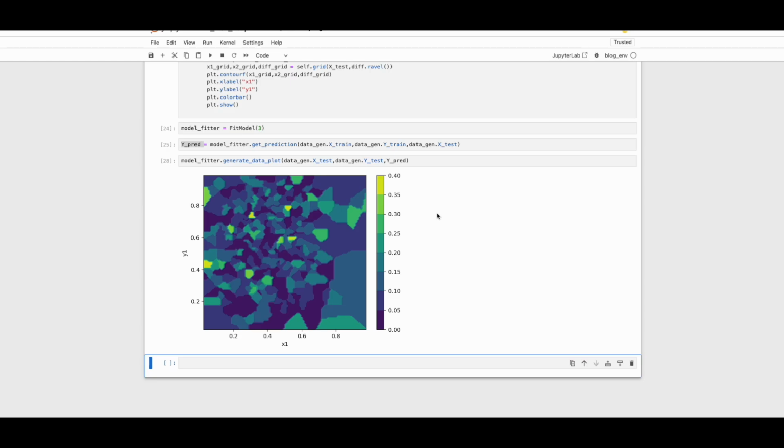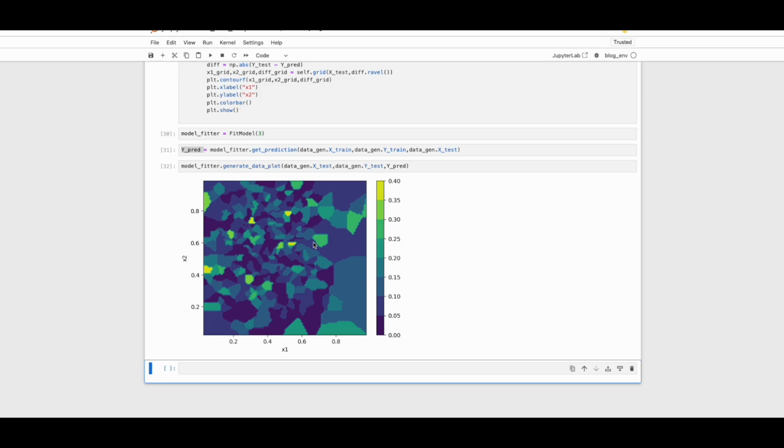If you compare it to what we did for linear regression, in the case of linear regression the errors were small, and that was mostly in the mid region here. In this case, because kNN is mostly a nonlinear approximation, it leads to very similar error along the entire input domain. So that wraps up